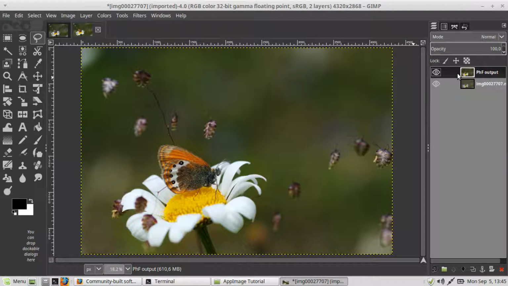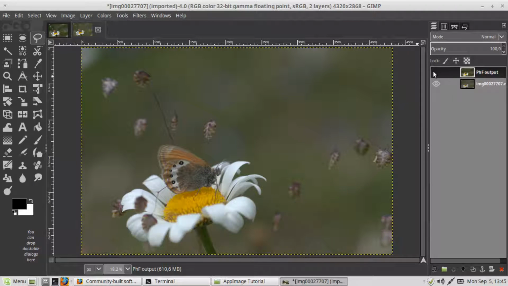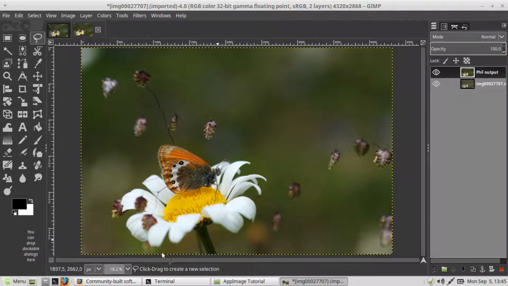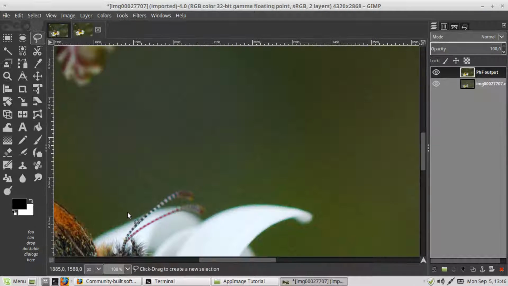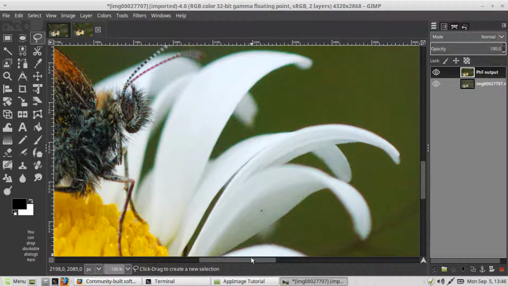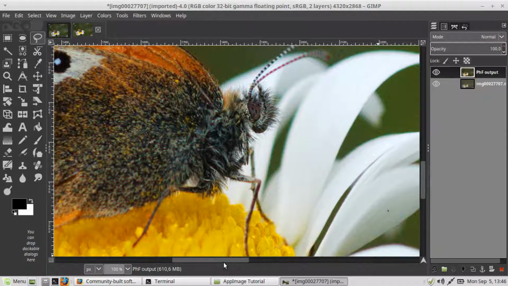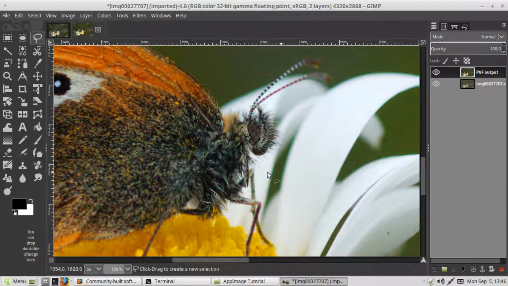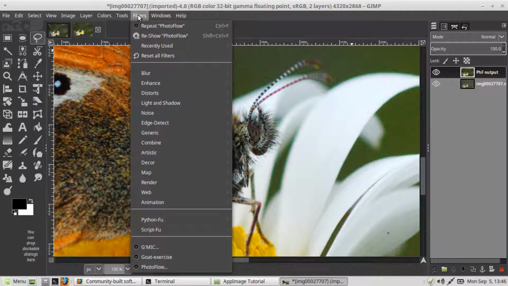And we have now a new layer which contains the result of this additional editing step. So this was the original image, and now we have this. And we can, for example, now inspect it, and what we realize is that, well, the butterfly is nice, but we just forgot to put some sharpening to the image to get some more detail out of the butterfly. But then with this layer selected, I can again run PhotoFlow,